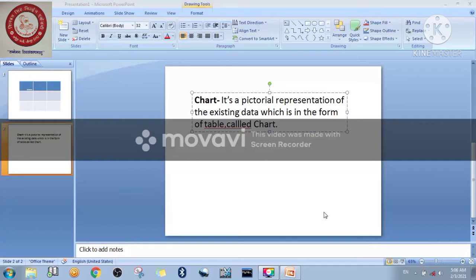Okay, so this is the definition of the chart. It's a pictorial representation of the existing data which is in the form of table.